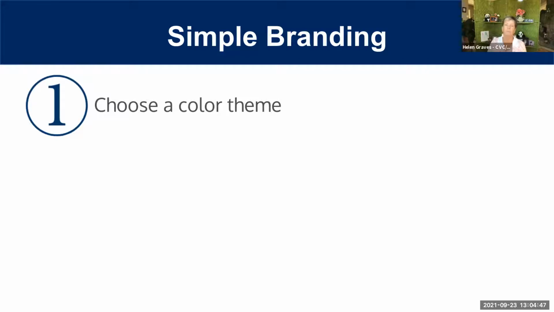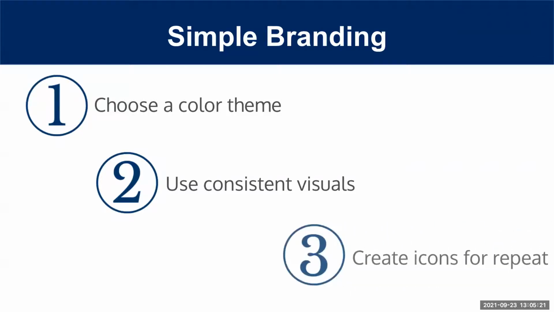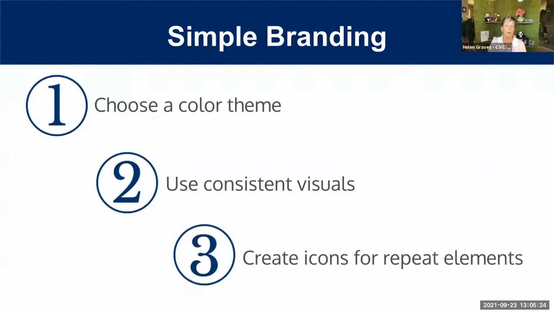The second idea is to use consistent visuals for important or repeating course elements like your homepage, assignments, discussions, whatever. These could be things like page borders or call-out boxes. Maybe even each module overview page has a consistent banner, and the wrap-up page or the discussion or whatever all have a consistent visual image, whether it be a banner or something, so that it's just kind of a quick visual identifier for students. The third idea is to use graphics or icons that can